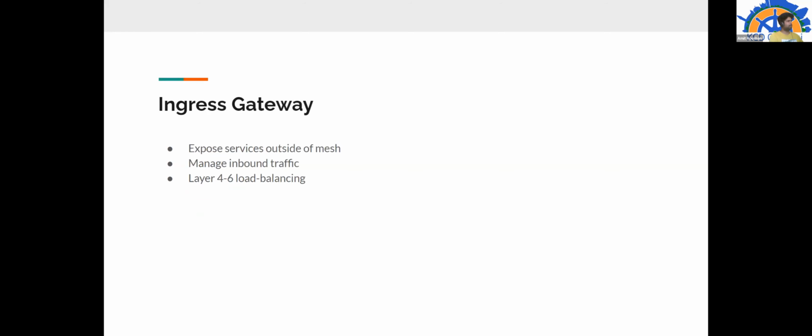I think I have already discussed ingress gateway. It exposes services outside of the mesh, manages inbound traffic, and does layer 4 to layer 6 load balancing. So you can have TCP and HTTP load balancing; you can have these filtering and load balancing primitives inside a gateway.